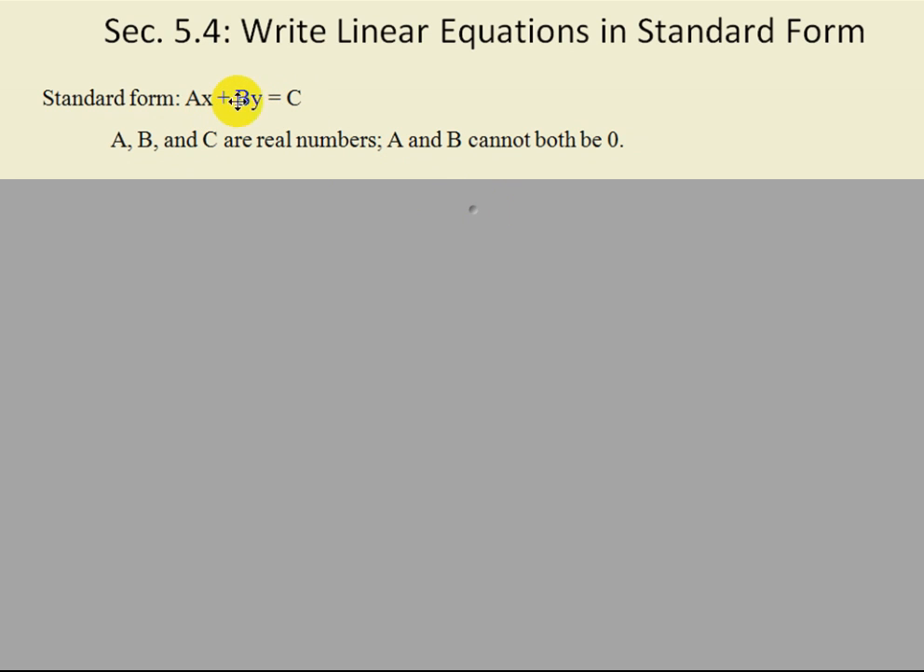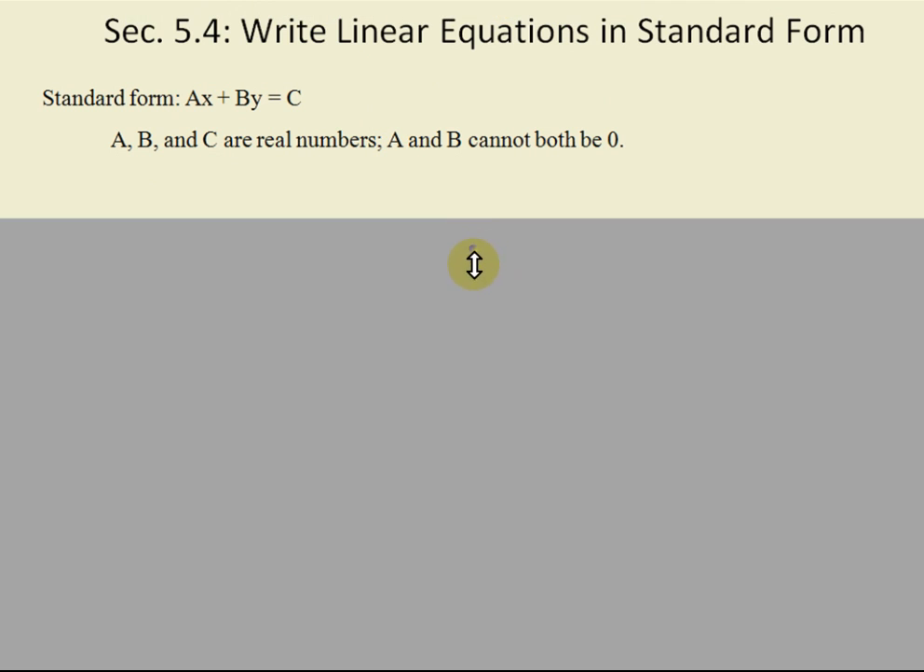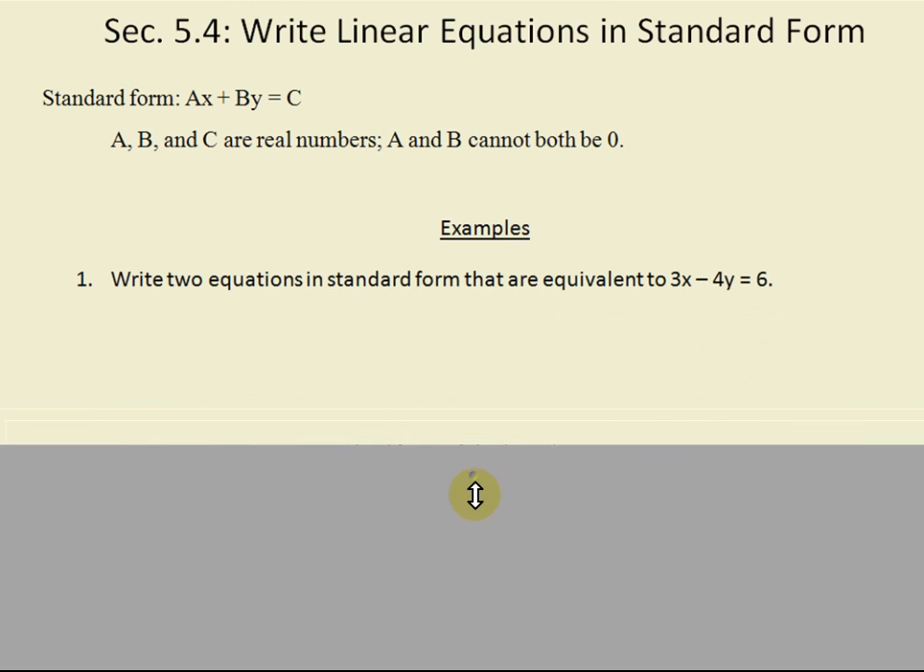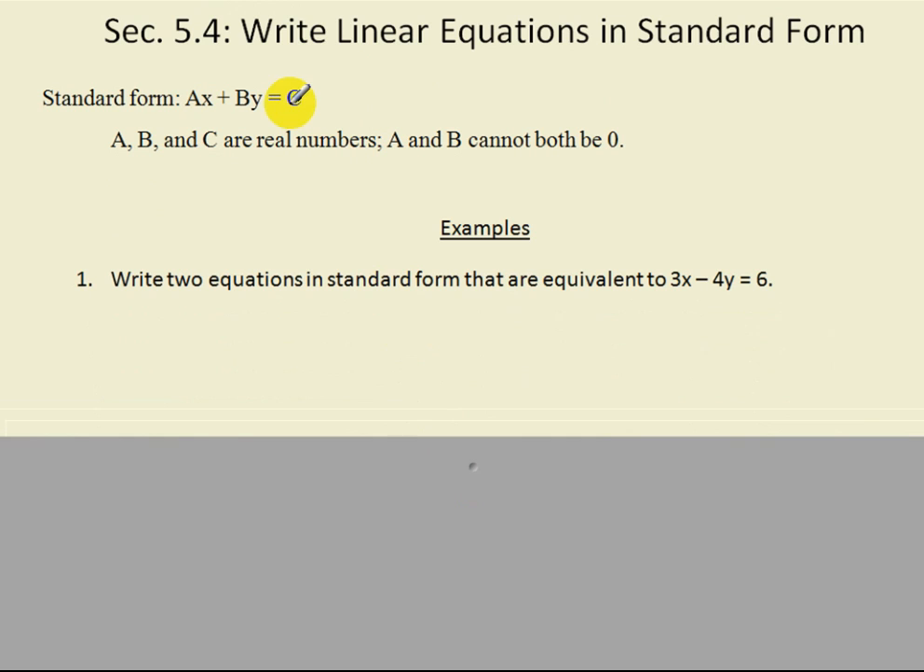So in other words, the x term and the y term are on the same side of the equal sign, and then we have some constant on the other side of the equal sign. A, B, and C are all going to be real numbers, and we also have this little qualifier that A and B cannot both be 0. One or the other could be 0, but not both at the same time. So having already worked with that and seen the form here, we're going to go ahead and dig into some